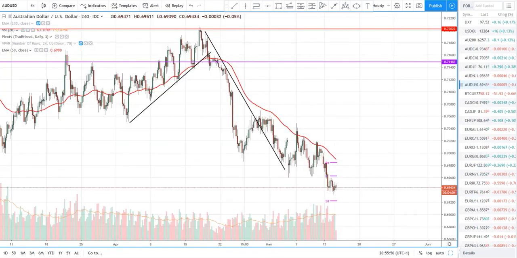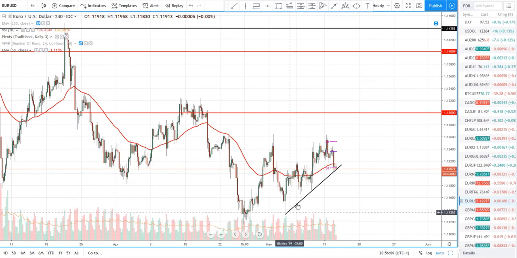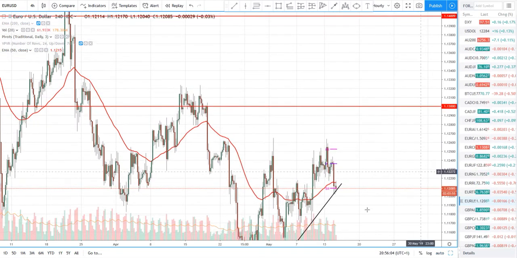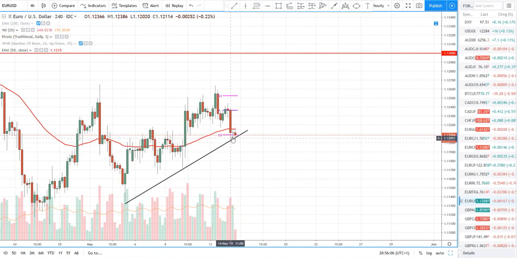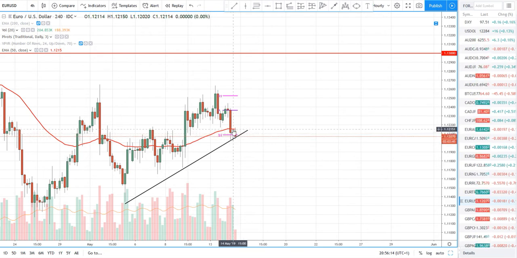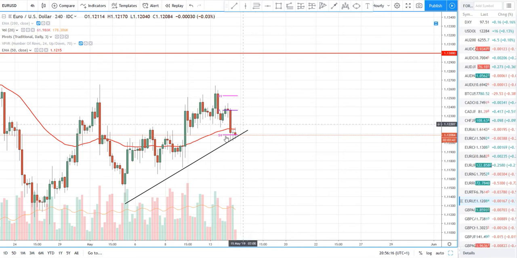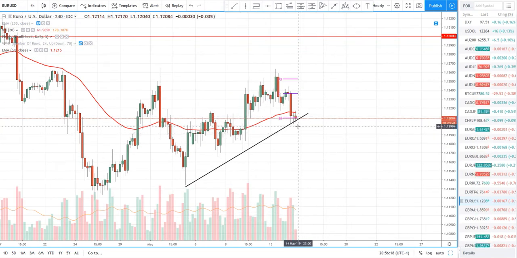Now, when we go down to the lower time frame of euro dollar, what you have is higher highs, higher lows, linking these together. And if you notice the volume on this pair, this doji candle is almost the same volume as this bearish engulfing candle, which means there's a lot of stopping power there. A lot of people are either getting out or buying there. There's a big fight. So for me personally, I wouldn't want to go short unless we break down this upward